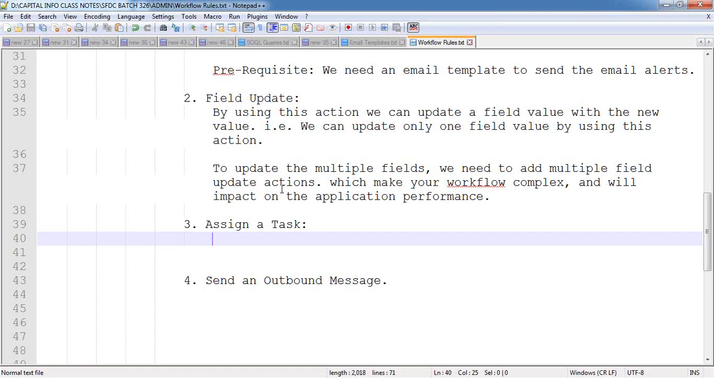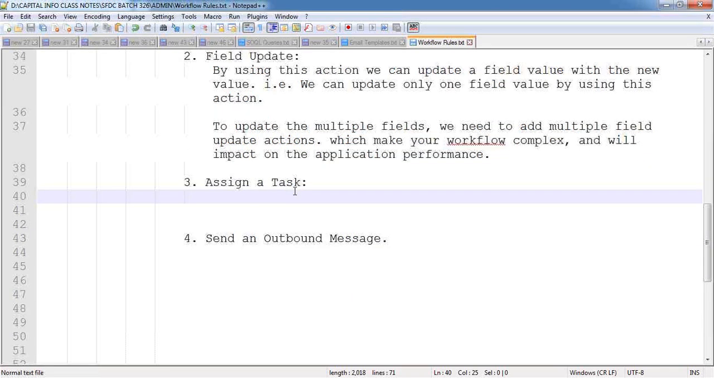The next one, the third one, assigning a task. By using these workflow rules, we can assign a task record to the user also. In order to assign a task, that means what? We can add some reminders. We can add some alarms. Okay, we can add some alarms inside your Salesforce instance also with the help of activities like the task and